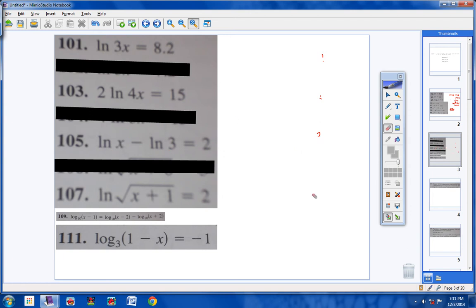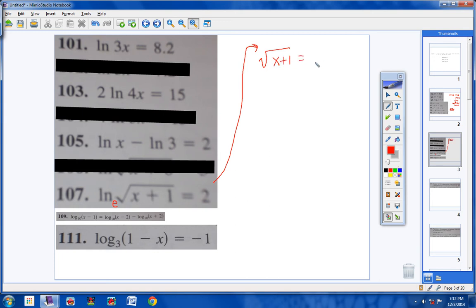Alright, moving on to 107. Here we go. Now students, look please. I have one logarithm on this side, no logarithm over here. So really, I'm ready to go ahead and write this exponentially, okay? So I'm going to do that right now. So this is base e. So I would have the square root of x plus 1